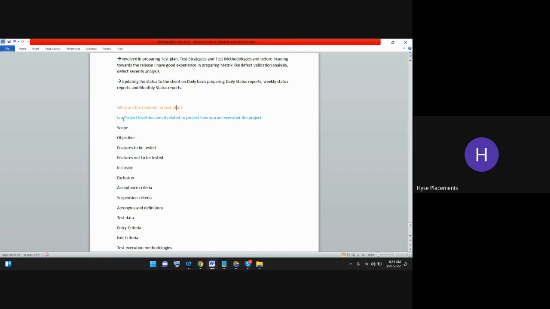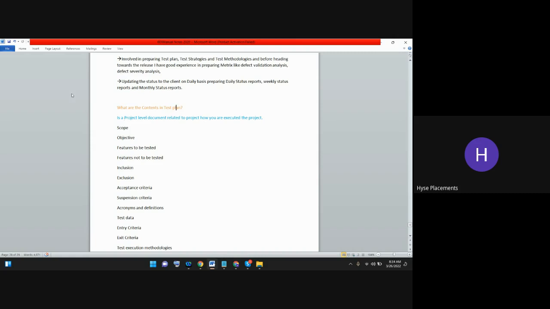Okay, entry criteria. You have to start the testing process with step by step order. That is nothing but entry criteria. Exit criteria. If everything is working, good. If anything is wrong, suspension criteria. Are you understood, guys? These are some standardized terminologies you need to keep in mind while preparing the